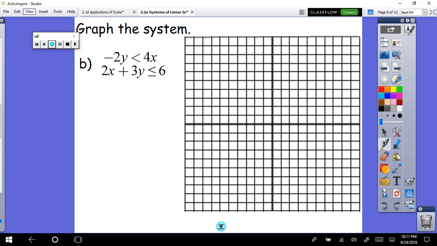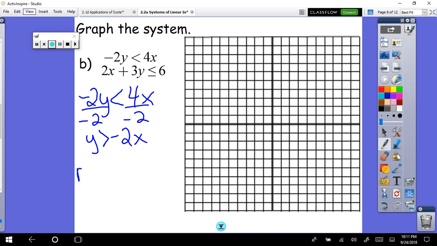So we'll do another example here. Notice that these two equations in this system are not in slope-intercept form. So the first thing you'll need to do is solve each of those equations for y. So the first one I'm going to have to divide by -2. Remember, when you divide an inequality by a negative number, you do have to flip the inequality sign. So instead of less than, it becomes greater than. 4 divided by -2 is